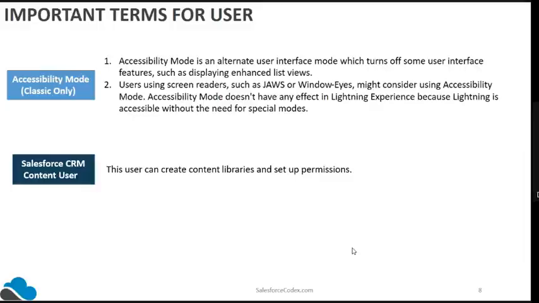In that case, we have to give that user the Salesforce CRM Content User access. Then only will he or she be able to create a content library and share permissions for that library. These are very important points for user creation. We will see them after some time in the demo.